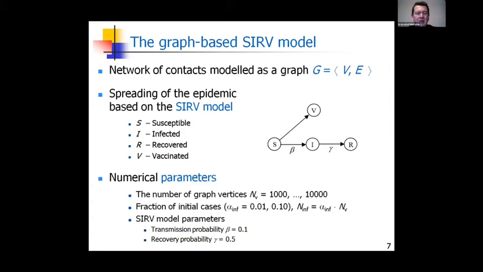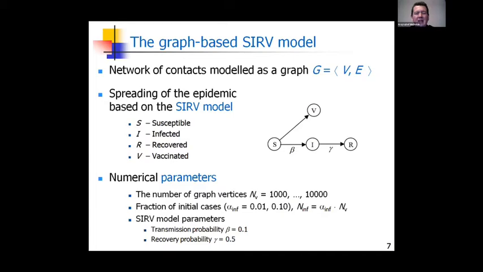The simulation of the epidemic itself is performed using the SIRV model. However, in this case, it is not just a compartmental model in which we just divide the population into parts which are in given states, but we simulate the state of each individual on a network, which is represented as a graph. So we have individuals as vertices and edges as contacts between them. The spreading is